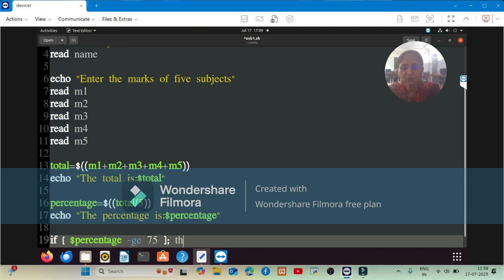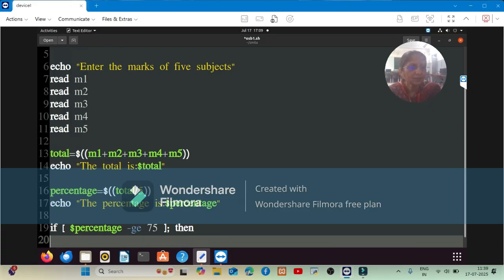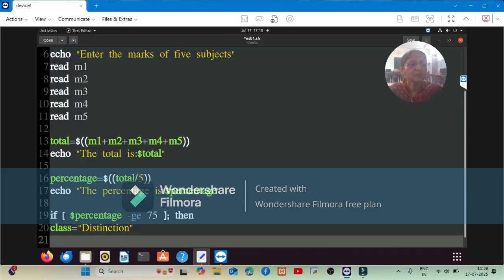Then there is a keyword called then. So if percentage is greater than or equal to 75, then what are we going to do? We are going to assign the class. So we can say class is equal to distinction. Suppose somebody has scored 65 marks. In that case we have to have else if.